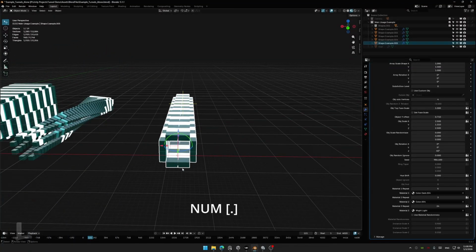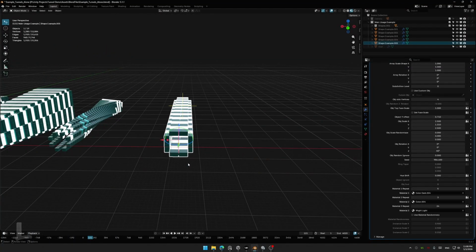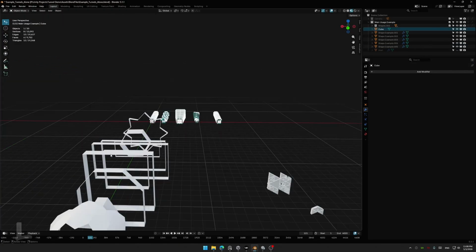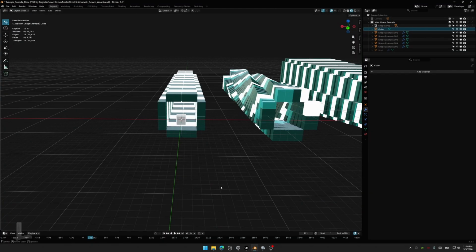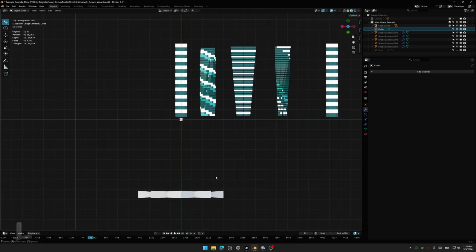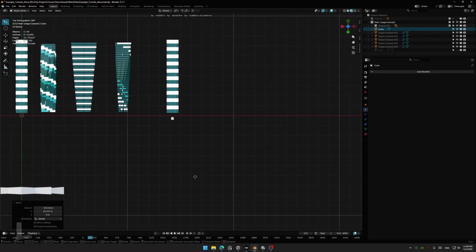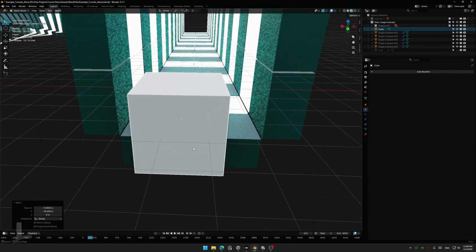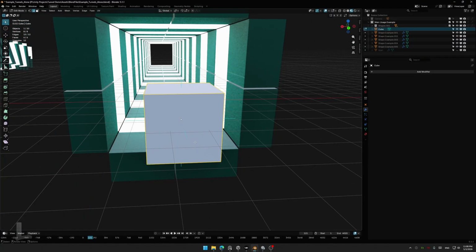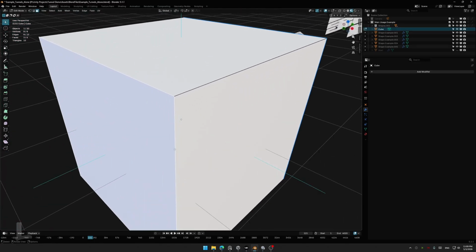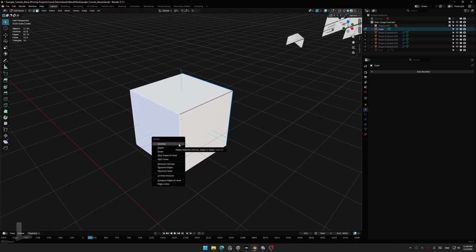But in this case, I prefer creating our own, so probably a Shift A, creating mesh, and a cube. Press O to focus on the cube, and just move it to be on the same side of the example. Press O to focus on it again, and enter the edit mode, select the faces. I'm going to remove these two faces. Press X, delete faces,